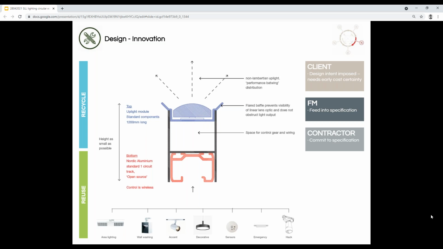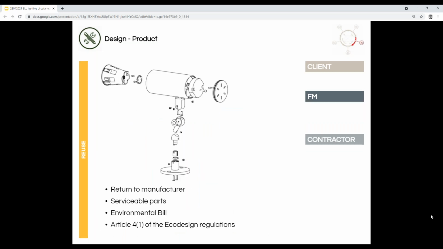And if you can reduce the quantity of materials, it can counter the slight uplift on product, which sometimes is necessary if you're going to get the good sustainable product. So next slide, please. And then design product, we're looking at disassembly,